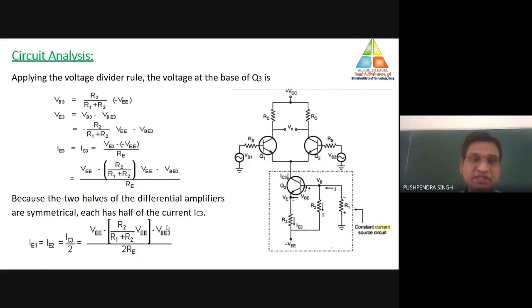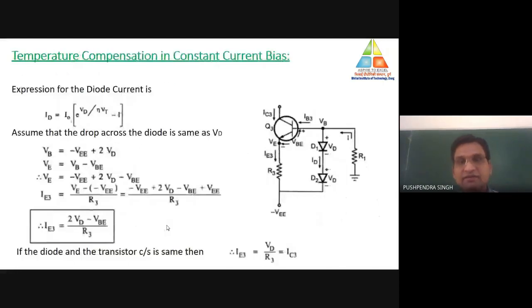And if the current changes, similarly there would be a change in the operating point. And if the operating point changes, there would be distortion in the output. So everything is connected to each other. We make only a change in the temperature, and that affects our output response. So we need a compensation parameter which can compensate the change in temperature. So we use some different kind of circuit, or we make a temperature compensated component by which we may compensate for the change in temperature.